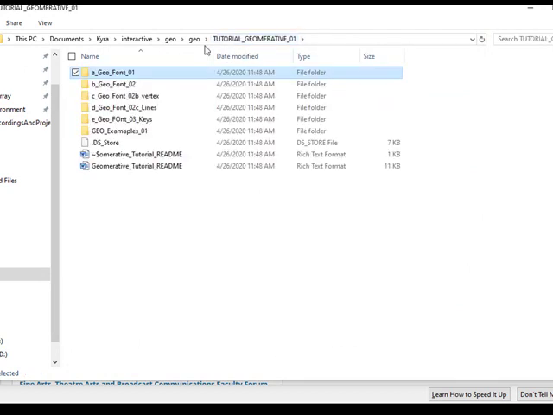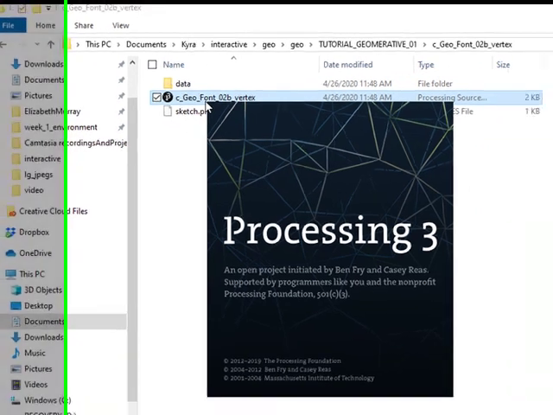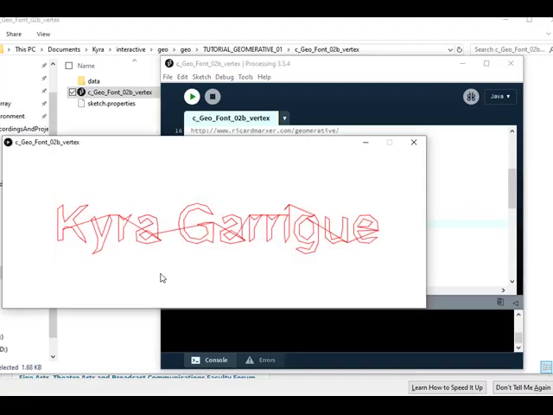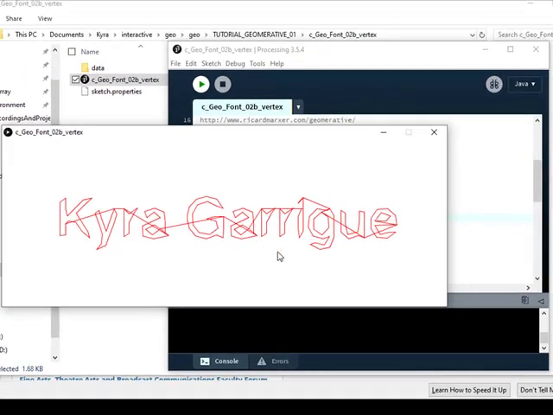All right, let's look at a different one. I'm going to switch ahead to Vertex. And again, I'm going to look for string my text, and I'll put my name in there. Press play. And this one's kind of cooler. I've used this one before. I've saved a frame, and then I take it into Photoshop, and I clean up these lines